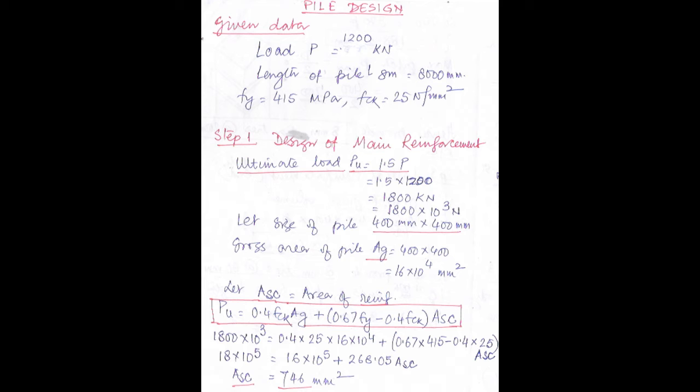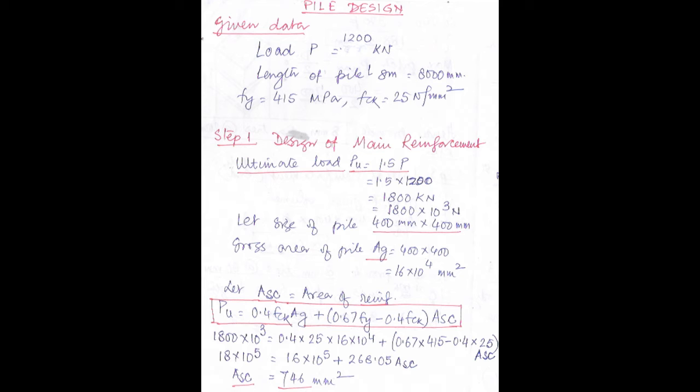Ag will be 400 into 400, that is 16 into 10 to the power 4 millimeter square. Now what is Asc? Asc is the area of the main reinforcement which you have to provide. Write down the formula: PU equals 0.4 FCK Ag plus bracket 0.67 FY minus 0.4 FCK bracket close